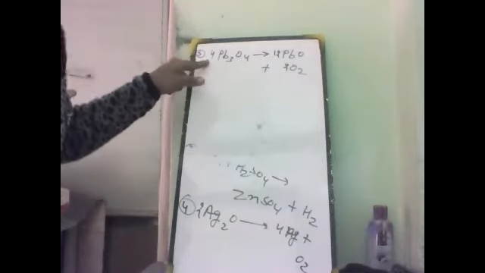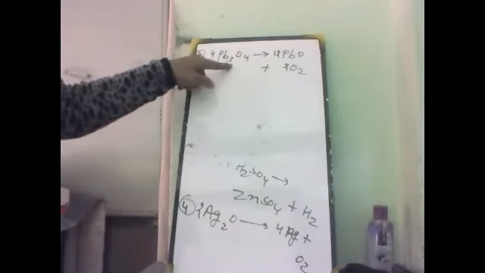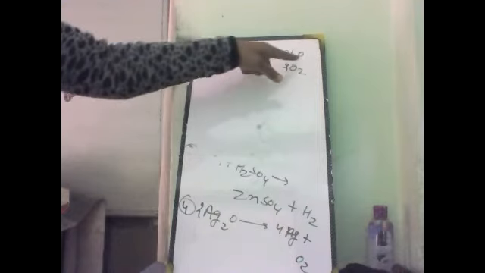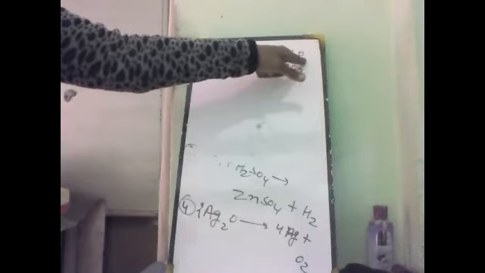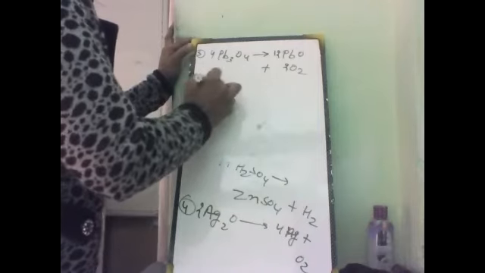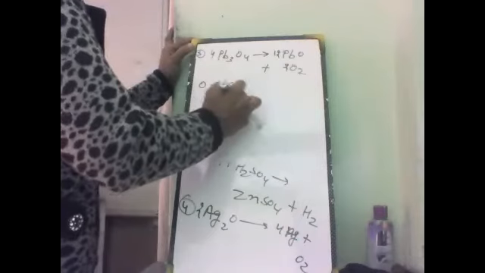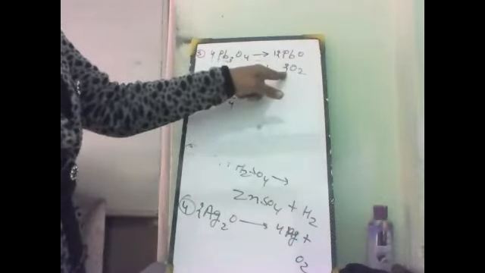On putting 4 before this, the number of lead atoms is 4 3s are 12. To make it 12, we have to put 12 before PbO. On putting 12, the number of oxygen is 12 also here. After this, 4 4s are 16. Oxygen is 16 and 12 is there. Remaining is 4. To make it 4, we have to put 2 before oxygen.